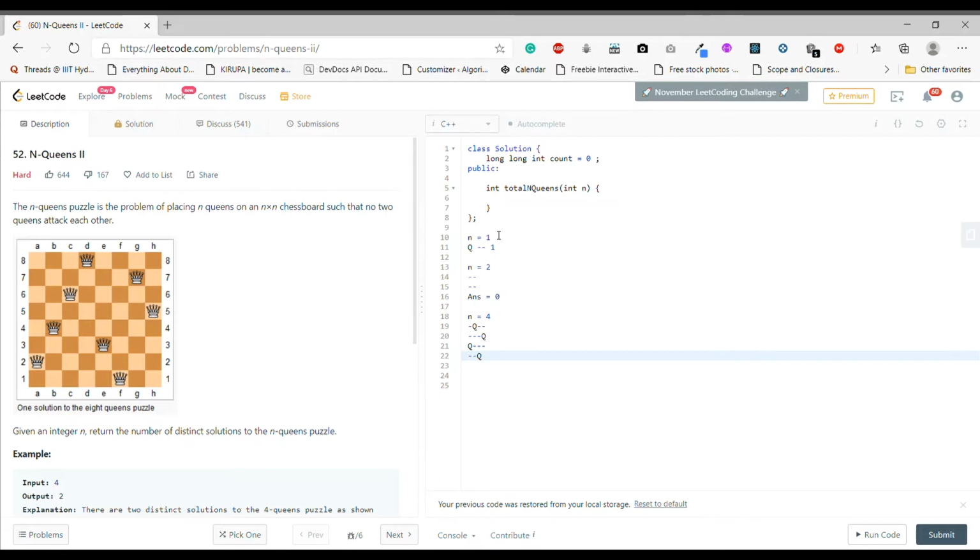I can place a queen here and it is not being attacked by any other queen. So this seems to be legit, and I have placed 4 queens for n equals 4. So I go to the next level. I'll say okay, I basically placed the queen for the 4th level as well. So this is a valid